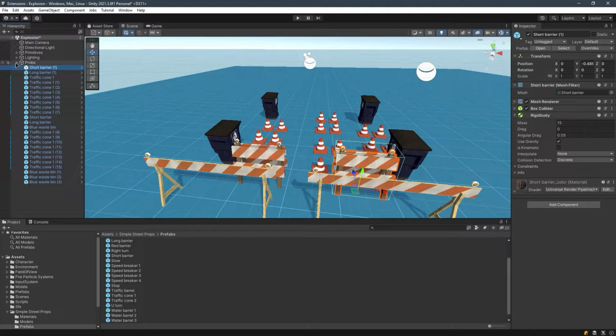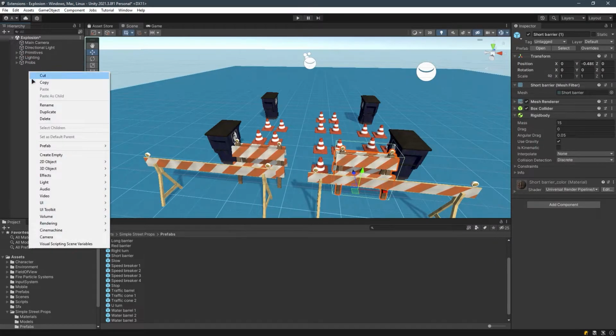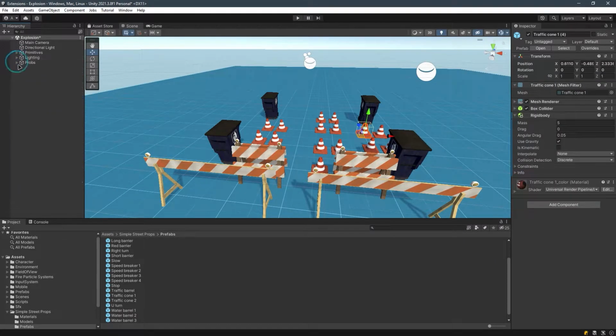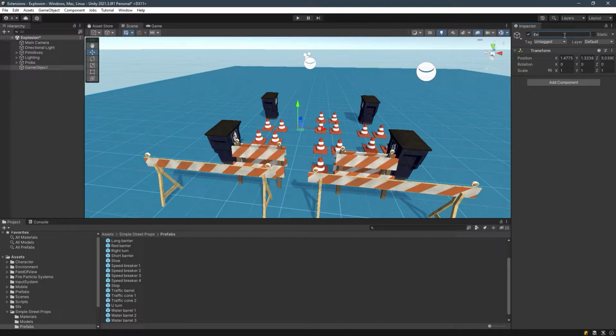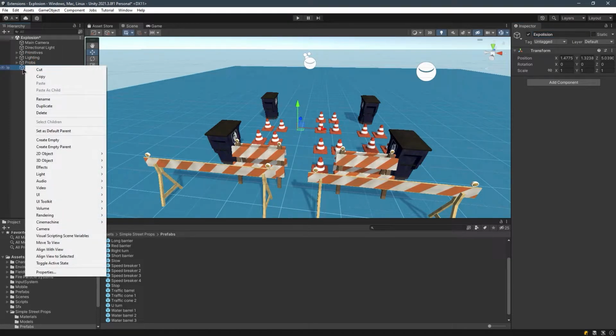So let's just get started with what we need to do exactly. Let's first of all create one empty game object which is going to be our center of explosion. Let's name it explosion. Okay, and